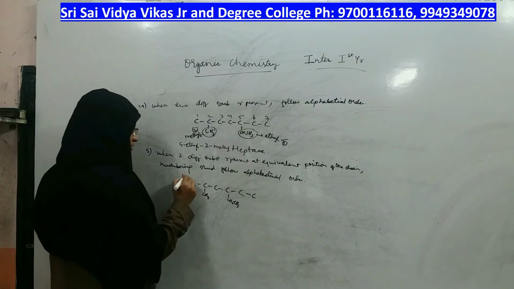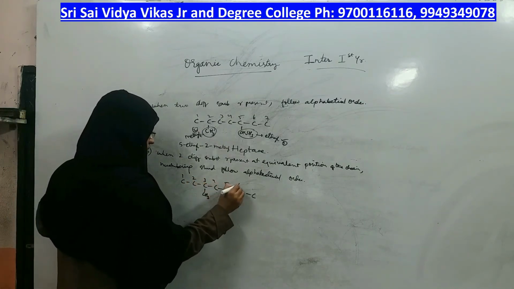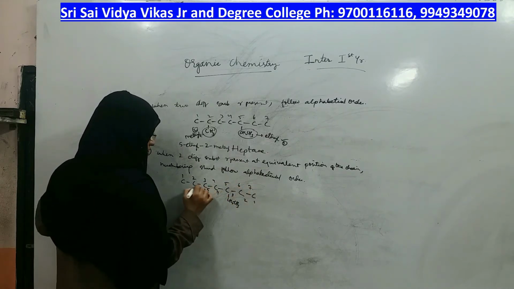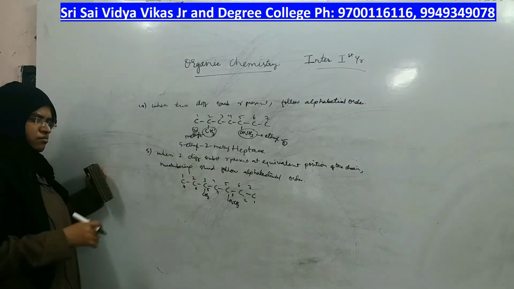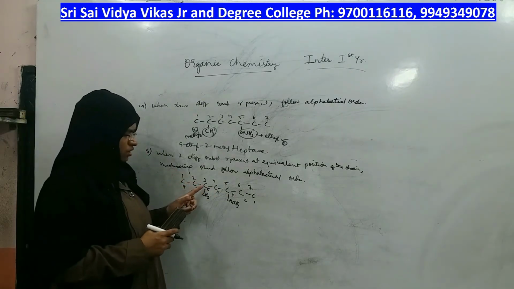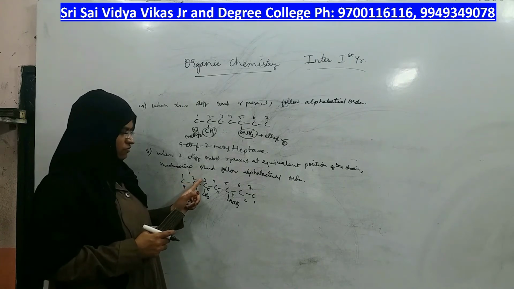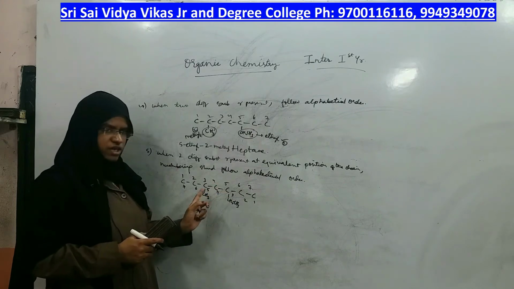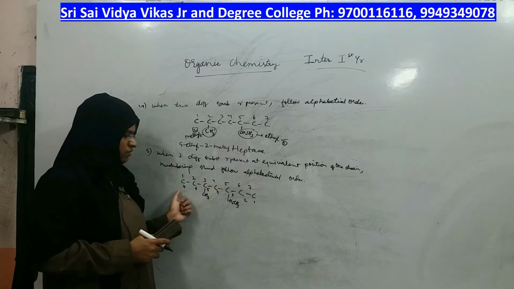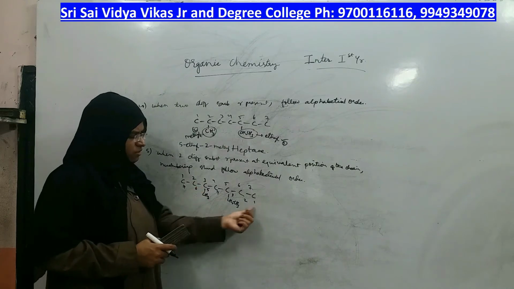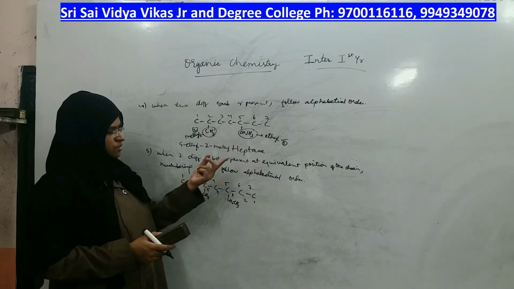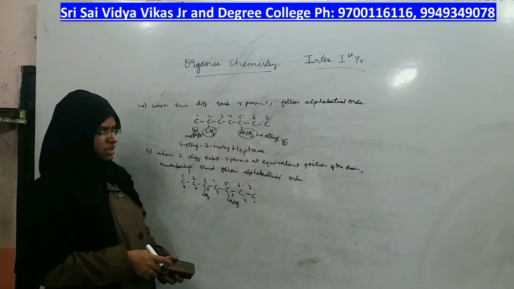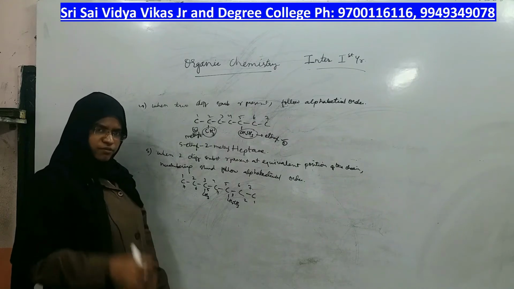From this side if I give numbering 1, 2, 3, 4, 5, 6, 7. From this side if I give numbering 1, 2, 3, 4, 5, 6, 7. Whatever numbering you select, the first numbering also gets the least possible numbers 3 and 5. The second numbering also gets the least possible numbers 3 and 5 because they are present at equivalent positions. From this side also they come on the 3rd carbon. From this side also they come on the 3rd carbon. Two substituents are different and they are present at equivalent positions. So, which numbering is correct? Both numberings are correct. Can you give any type of numbering?